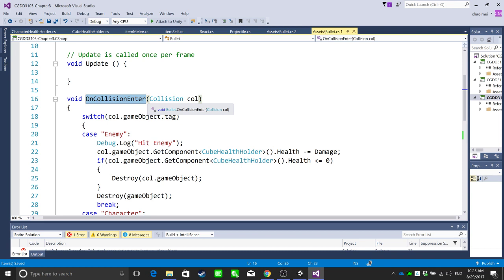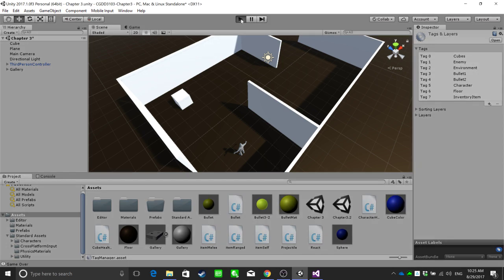If you go back to project 2, chapter 2. But now we're using OnCollisionEnter, right? So what's the difference here is, if you look at this,